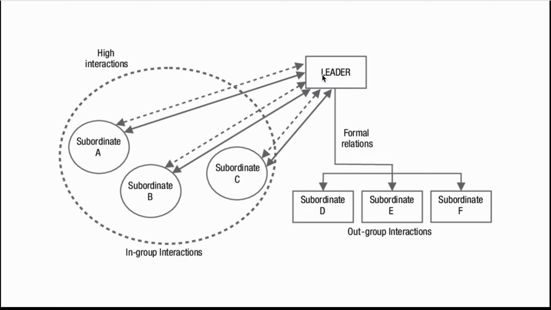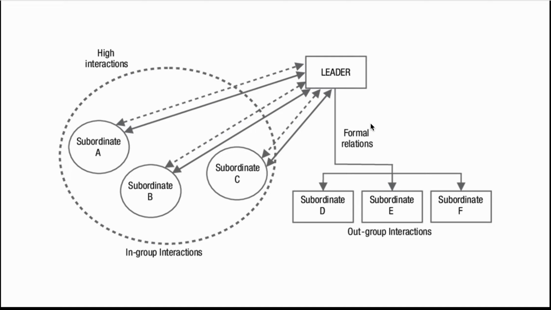So this here is just a depiction of what leader-member exchange looks like. So here you have the leader, and you can see with subordinates A, B, and C, they're in the in-group. So they have these kind of dual arrows. They're sharing expectations back with each other. They're communicating. They're leaning on each other and supporting each other. So the leader supports them. They support the leader. It's this two-way interaction, and they happen quite frequently